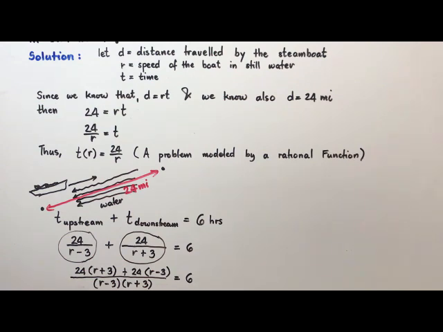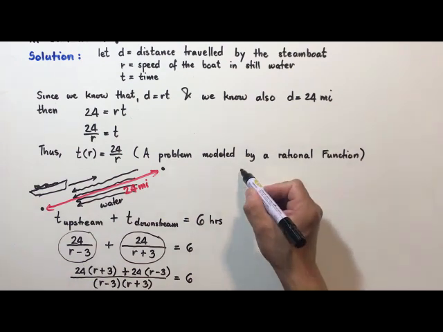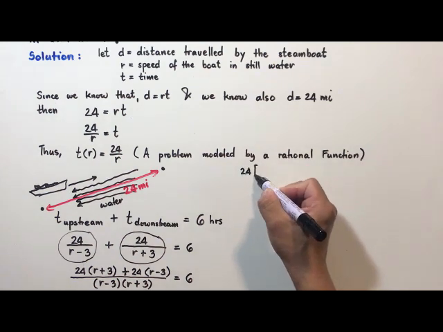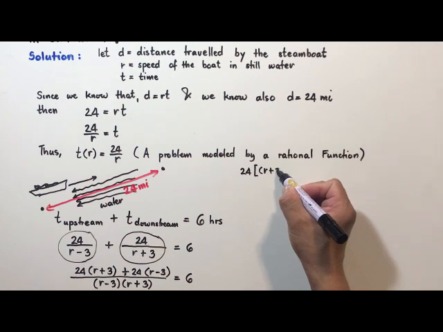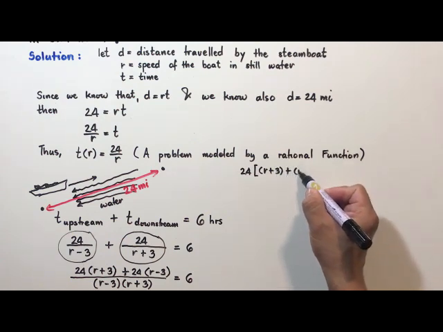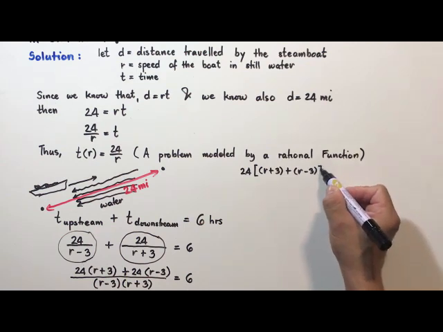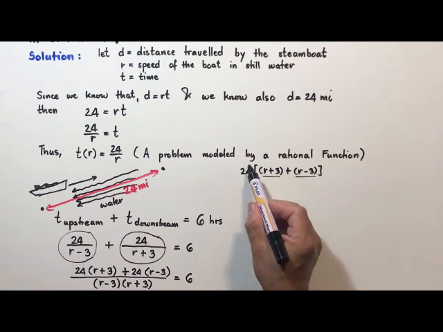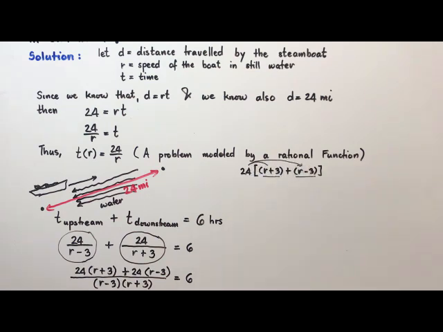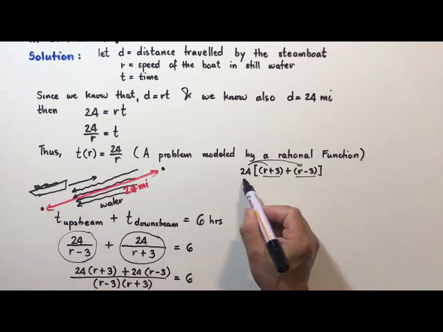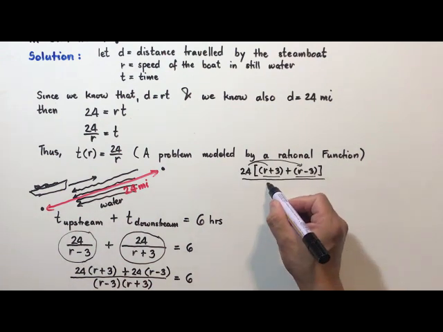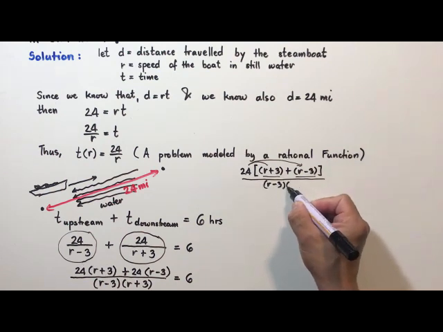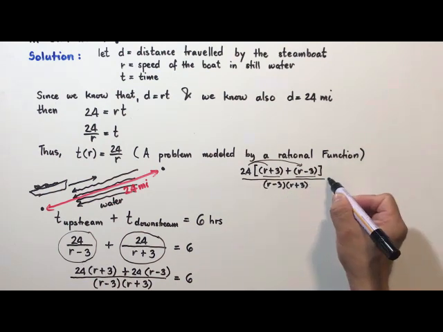So simplifying this, I know that there are two terms in the numerator and there is a common factor of 24. So I can factor out the 24. So 24 times the quantity of r plus 3 plus r minus 3 there. And you can check that when I multiply 24 to these two terms here, you will get this one. So copying the denominator, I will have r minus 3 times r plus 3, which is equal to